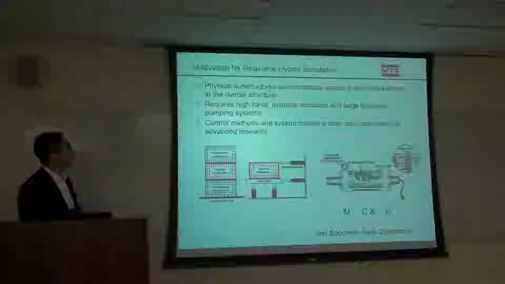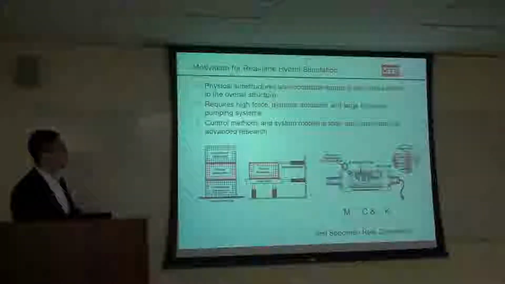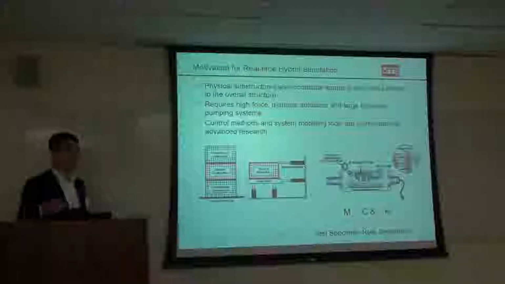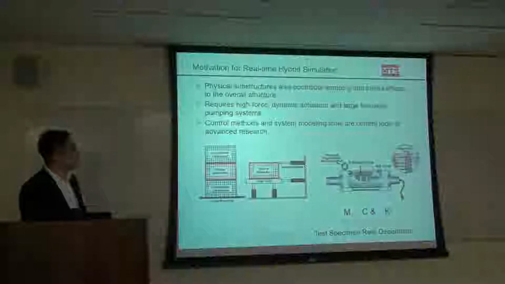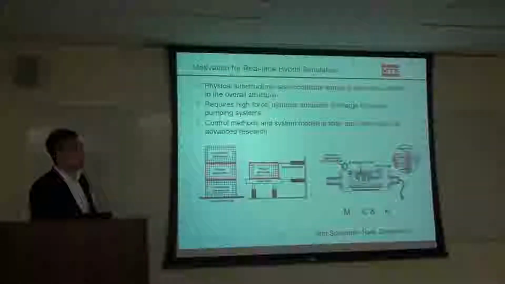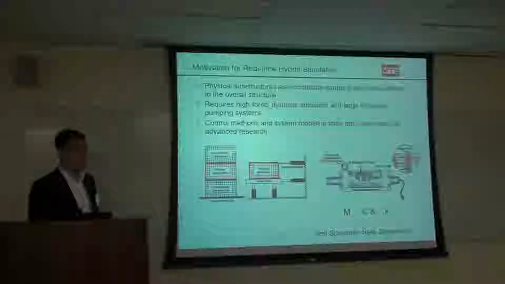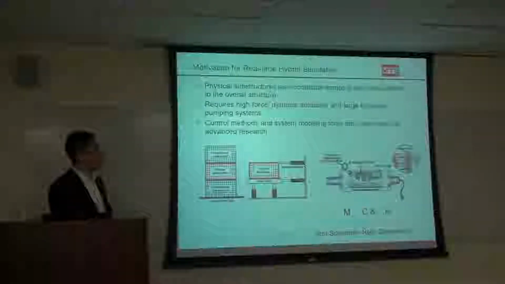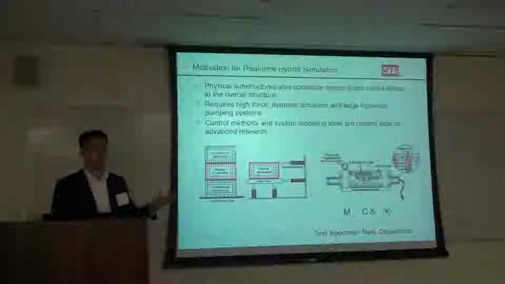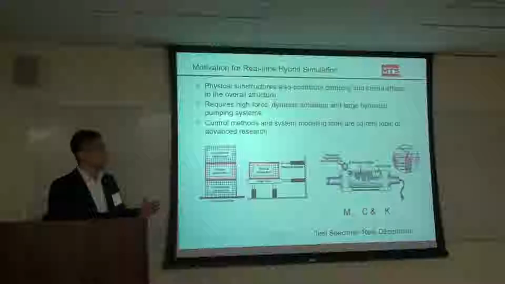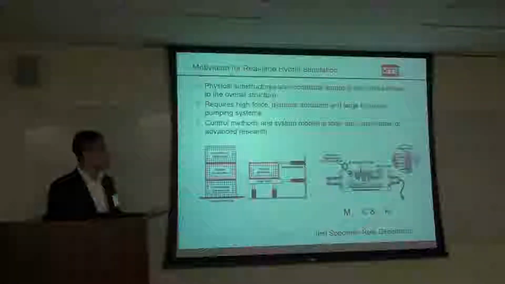This is just the motivation page, you already saw it yesterday. So why do we want to do real-time hybrid simulation on top of the techniques we already have for quasi-static hybrid simulation, right? The reason being that the physical testing specimen could have a strong mass, or large damping. So when you are testing those types of systems, you have to do dynamic real-time testing in order to get a realistic response. If you artificially slow it down, then you don't get anything that makes sense from this